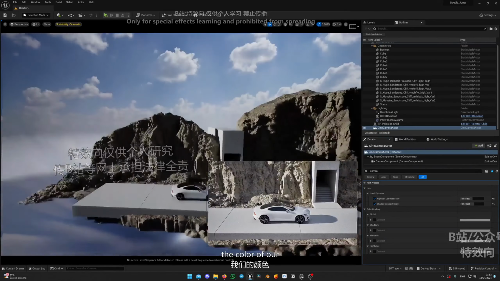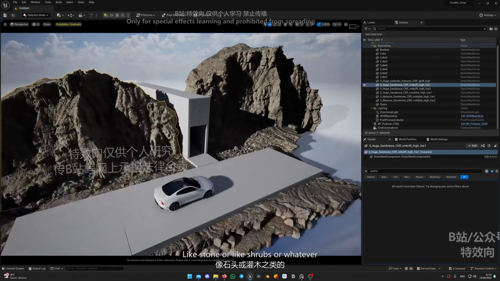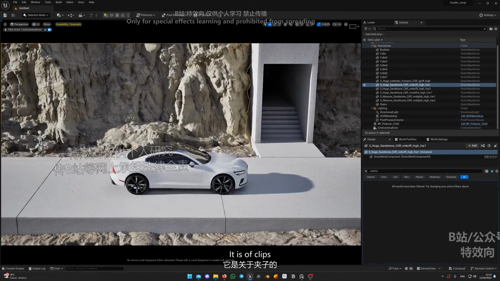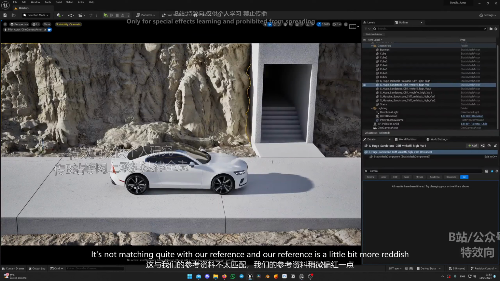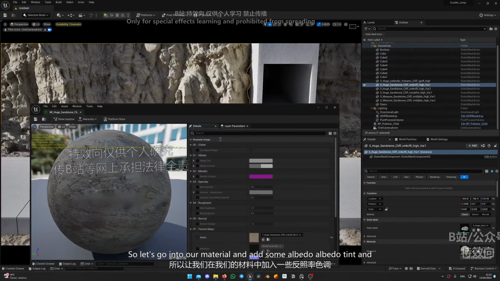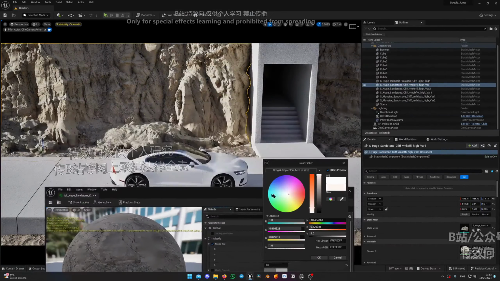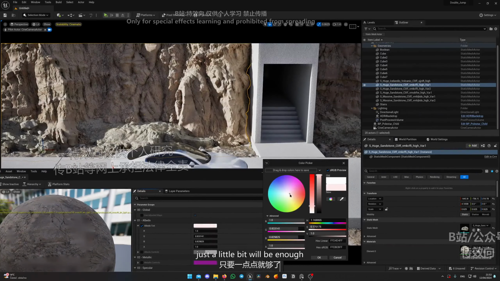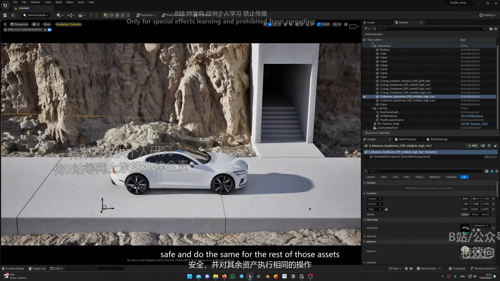Right now, the color of the stone or shrubs or whatever it is, the cliffs, is not matching quite with our reference. Our reference is a little bit more reddish. So let's go into our material and add some albedo tint and make it a little bit more red. Just a little bit will be enough. Something like this, yes. And just copy this value, hit OK, save, and do the same for the rest of